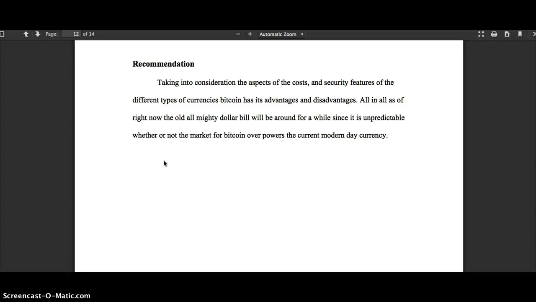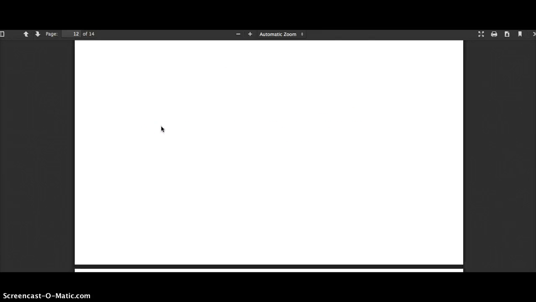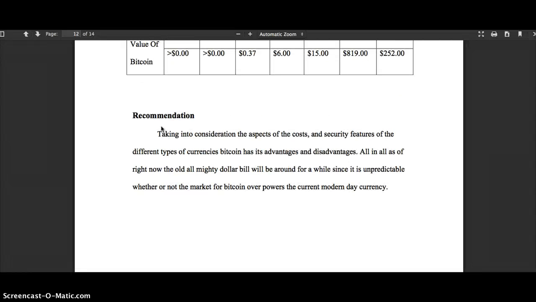It's just sort of like, well, all in all, the almighty dollar bill will be around. But again, this is sort of like a conclusion to a report in general, not necessarily to a technical report. All right. So audience is going to be something you're going to have to address if you want to move forward in terms of revising this quite a bit. All right. Thanks, everyone.